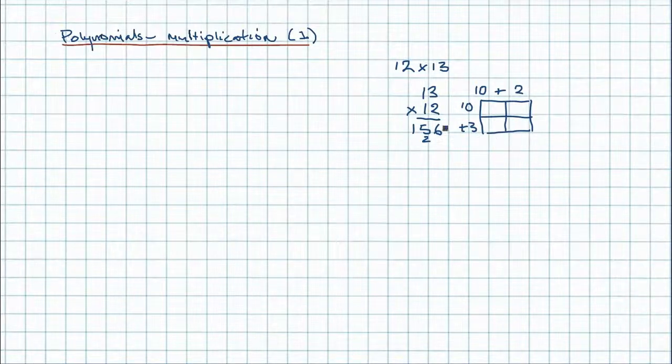So what we're doing is we are operating exactly the same way as we did with this crisscross method, but we're laying it out in, I guess, a kind of table. So 10 times 10 here, 100. 2 times 10, 20. 3 times 10, 30. And 2 times 3 is 6. And then we move to one side or underneath here, and we add 100 plus 20 plus 30 plus 6, giving us